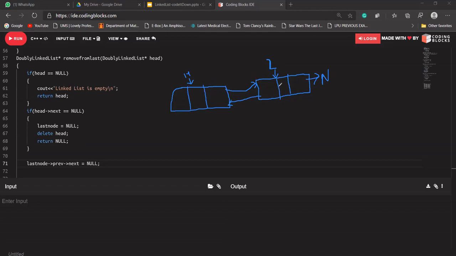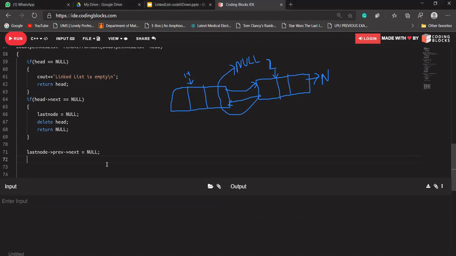So what I'm writing, last node's previous next. Last node's previous next means this node. Instead of this node, now it should be a null, because I'm changing it for this node, not for this last node. Last node's previous is this node, its next I'm writing should point to a null value. Now is everybody agreeing with me, or does anybody have any doubt regarding this? Okay, I'm writing last node's previous next should point to a null value. Okay, Ashish, you are saying it is clear, that's good.